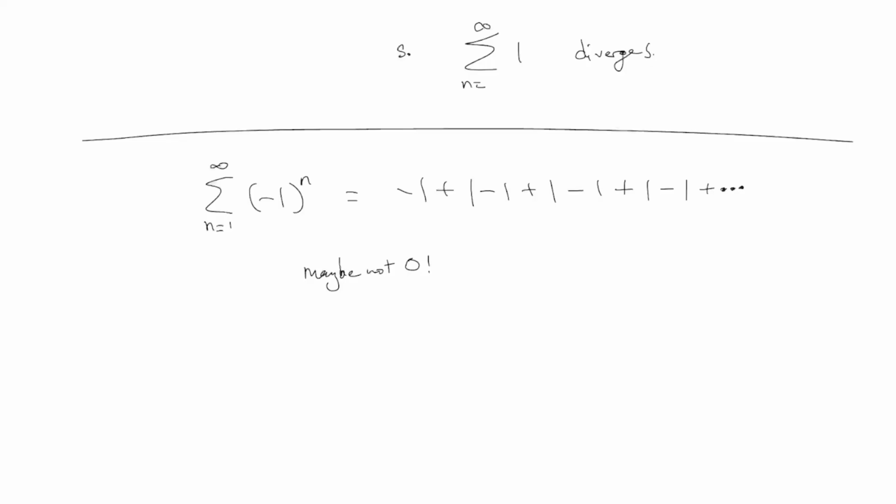Although, check it out. How about this? This is what I would say to you on the playground if you told me, I think that just all cancels out and you get 0. Check it out. What if I only look at this part? What would you say this part adds up to? I would say, for the same reason, that part also adds up to 0. But now, as they say on the playground, now you're tripping.